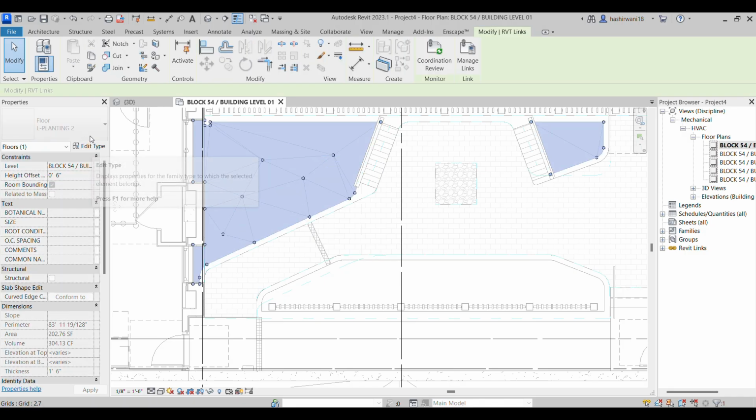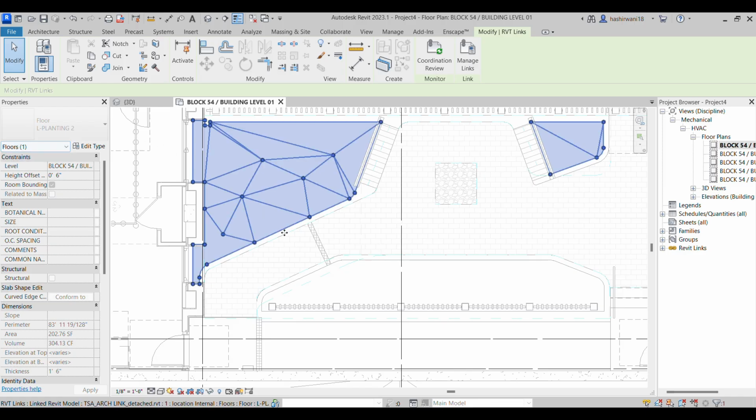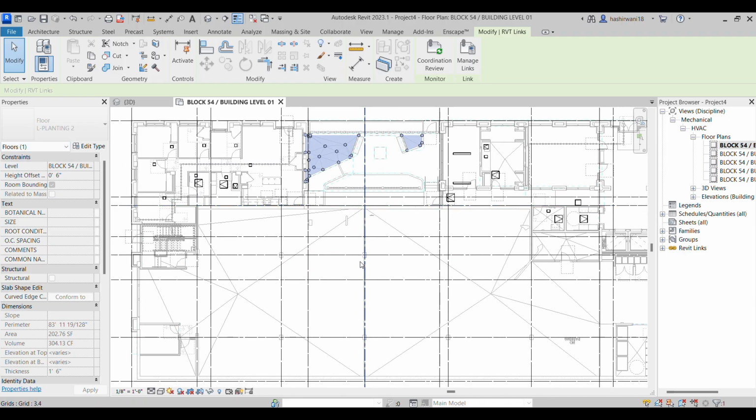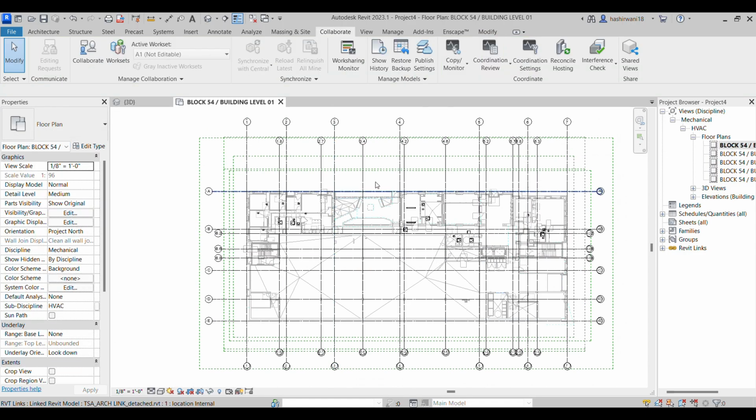So it shows some sort of floor. Okay, let it be for now. So now we have done all the things. If you want to turn off the Revit link, the architecture link that we linked right now, I'll